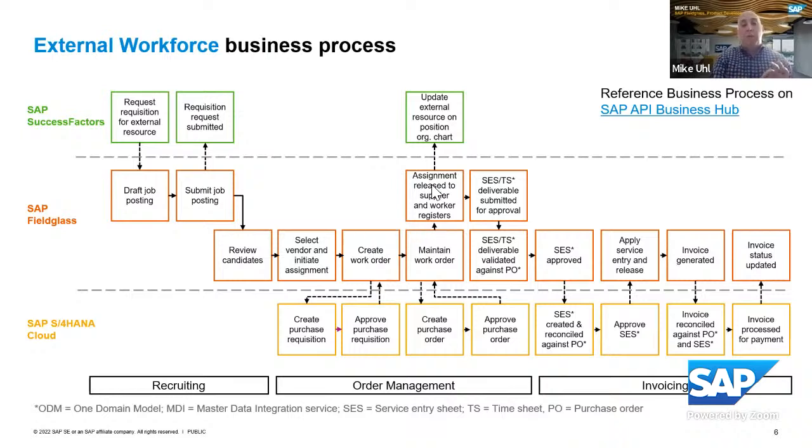So we complete the hiring cycle back to SuccessFactors, where once that employee is onboarded, it initiates the onboarding process and also shows them in the org chart. So a hiring manager can see they have 5 full-time employees and 3 contingent workers on their staff. They can see all of that in the org chart easily from an end-to-end perspective. And then while it's happening, when that work is agreed